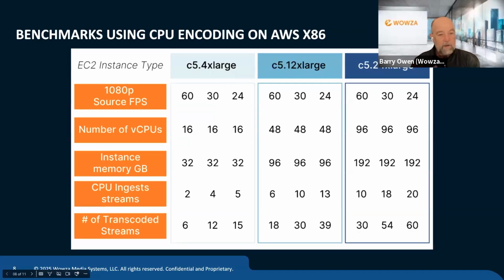For comparison, the caveat here is these are C5s. Now, while C5s are pretty much available everywhere, it is a C5 versus a C8. So you may get 15-20% higher performance on that C8 versus what you'll see here. You can certainly try it. You can go to our benchmark page and we'll give you all the information, including the sample files and the templates to go try it yourself. Even on a C5 24XL, which is the Graviton 4 equivalent, far fewer streams, less than half at a 1080p 60. So you're really seeing the benefits of a Graviton here, both just on stream density, cost efficiency, as well